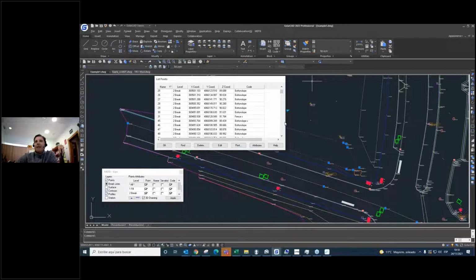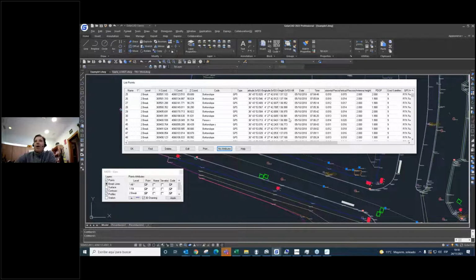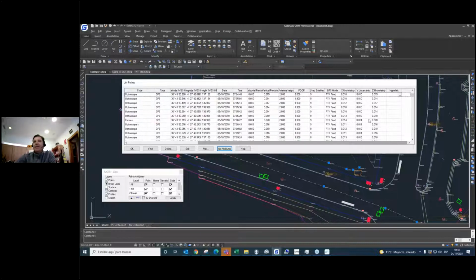If we have a survey with our device, we can use TcpGPS, another application in the field, and we can relate attributes to these points. For example, we can show the metadata of this point: the device, the geographic coordinates, the date of acquisition, or maybe the different queries that we take for each point.